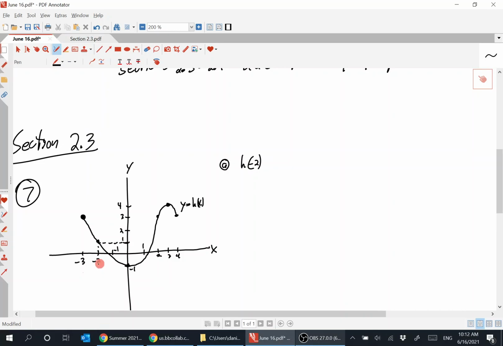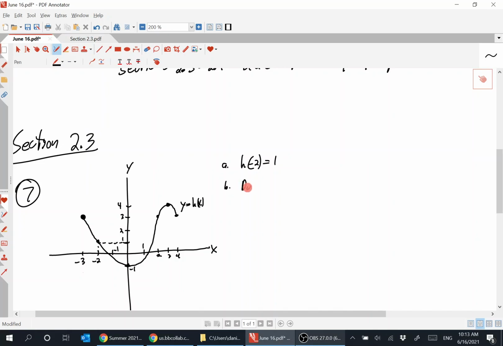So for x value negative 2, what is the corresponding y value, if this is the graph of that function? 1. B,